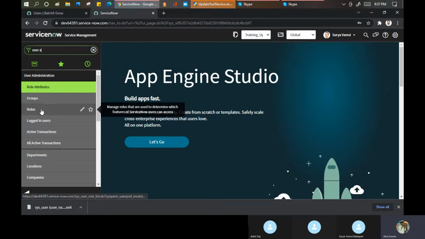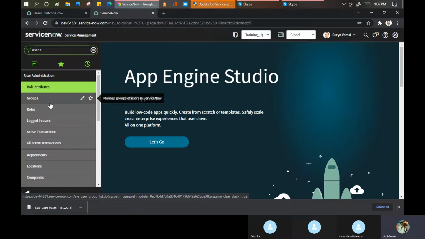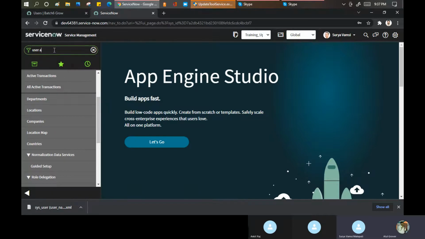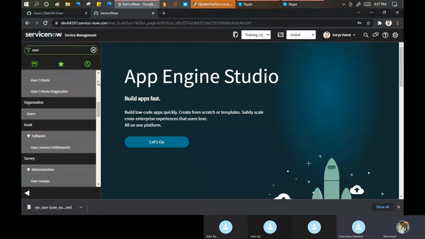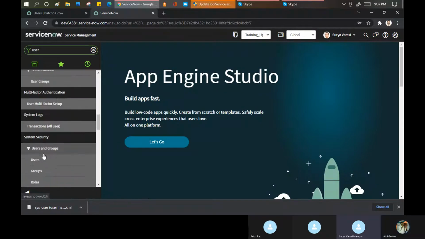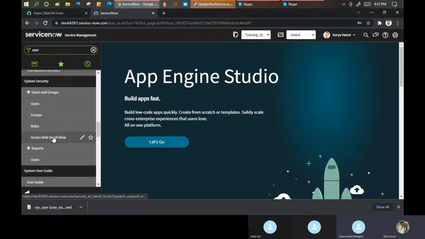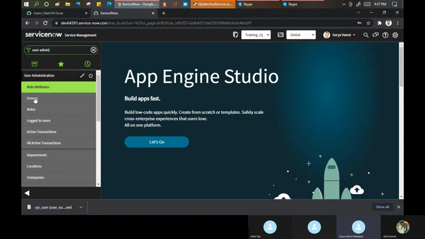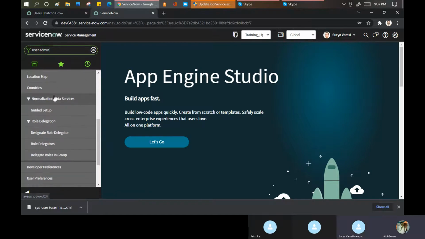Sometimes I use a few words. Hey, why is there no user? Why am I not able to see the user here? You have typed the user here. So I think that's it. No, but it should show the user admin, right? I'm the user admin. It should go to the user admin. There's no user. Did you hide it or what did you do? No, I haven't done anything with that.